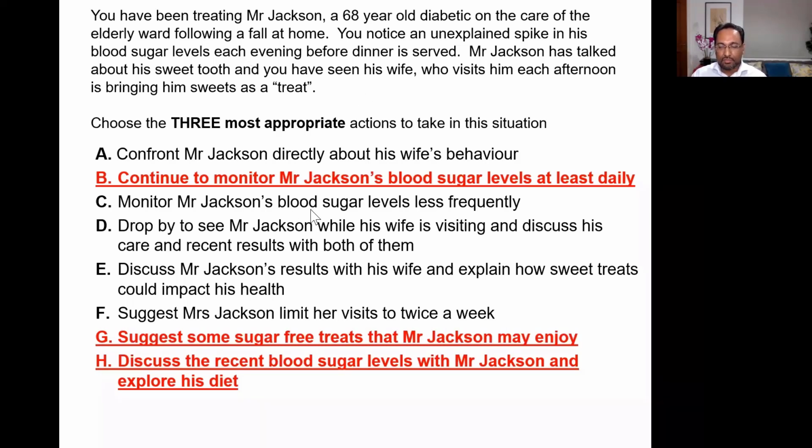Option C isn't in the patient's best interest. If it's an unexplained spike, if you measure it less frequently, it might be that it continues to get even worse and it just takes you longer to pick it up. It's not like, oh, if I can't see it, it's not there. You know, we're not 3 years old, playing hide and seek. Option F, this got negatives for lots of things. So first of all, understanding your role, okay?